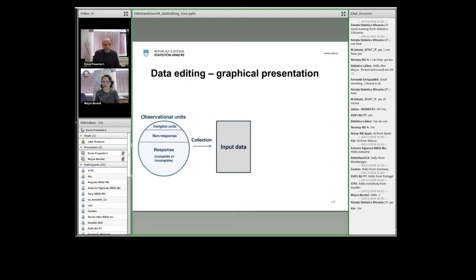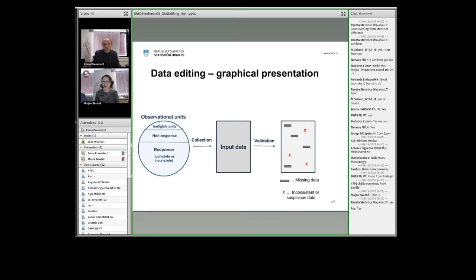And first thing when we start to make the data editing process is we try to validate this data, try to find out how these data are. So we here place the validation process. And when we make the validation process, we usually find out that part of this data are missing and part of this data are inconsistent or at least suspicious. And the aim of data editing process is exactly this situation that is here. We are targeting this situation.